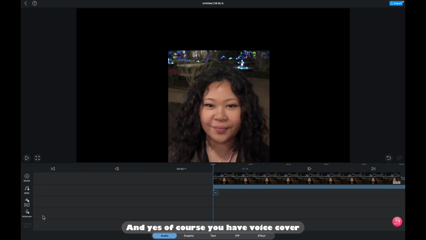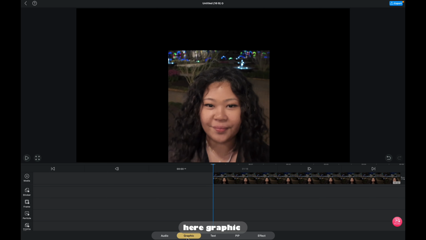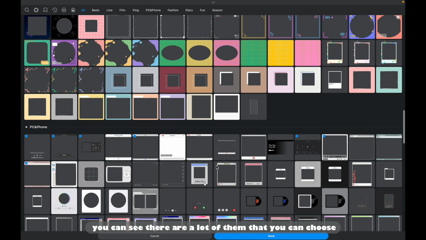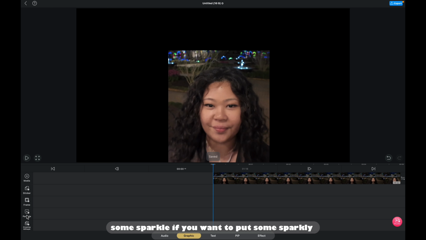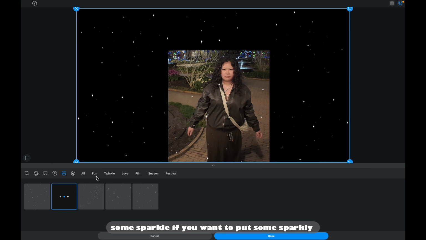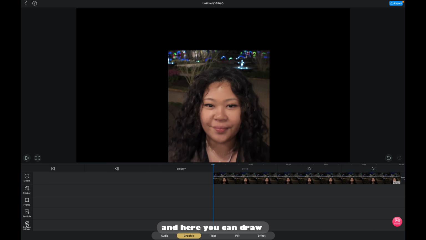And yes, of course you have voiceover, and we have here graphic, the frames. You can see there are a lot of them that you can choose. We have also some sparkle if you want to put some sparkle in. And here you can draw, and here you have a text. Here there's an auto caption